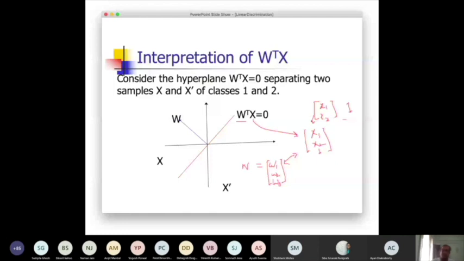And when there is another sample, suppose this level is -1, then that value should have been less than 0. And it should be satisfied for all such training data. If you get such a W which satisfies for all such training data, then at least for the training data set, your classification error is 0.